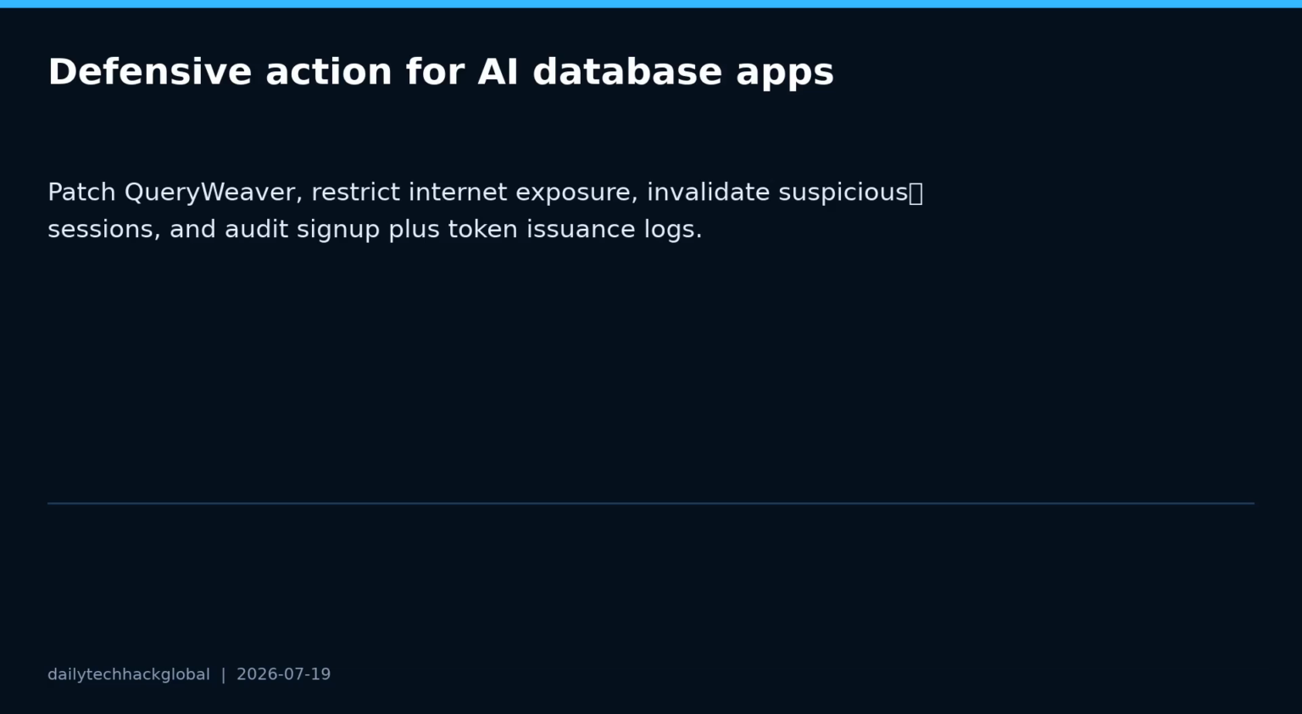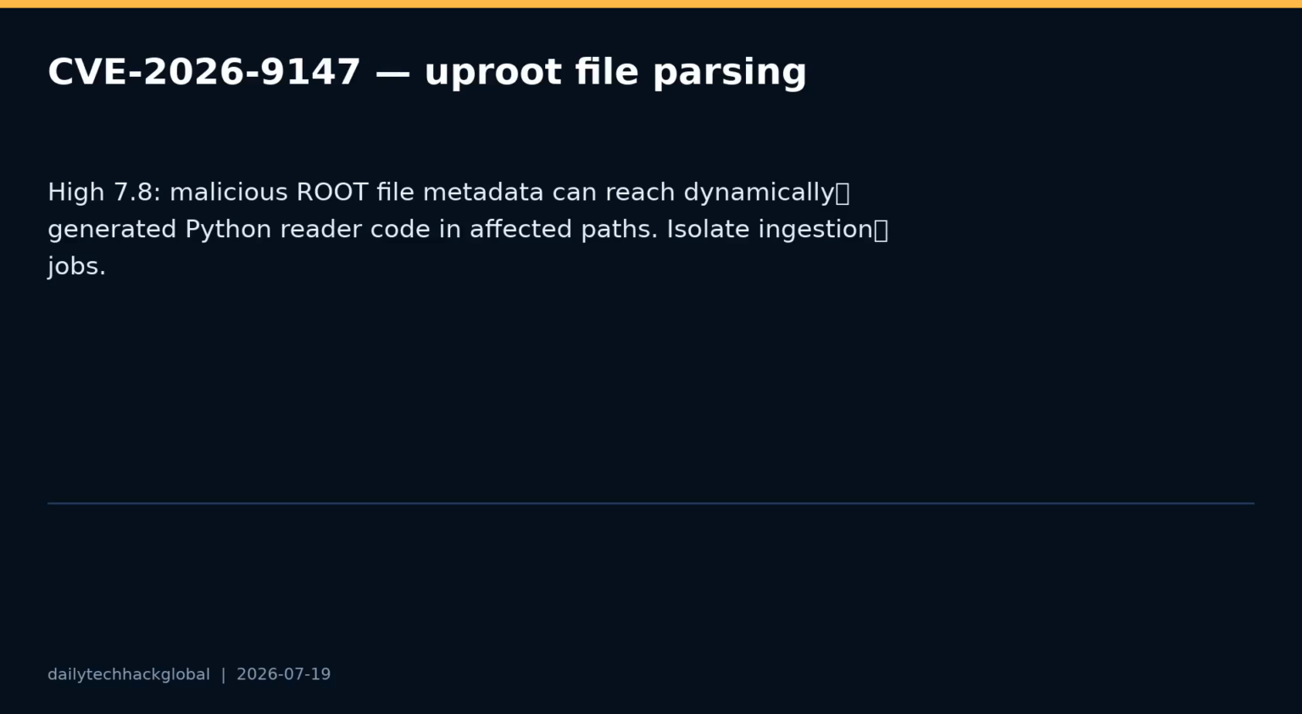Limit file system permissions, block unnecessary outbound network access from parsing workers, and monitor for unexpected child processes after file imports. If a pipeline recently handled untrusted ROOT files, preserve job logs and artifact hashes before cleanup. The goal is to turn a potential parser compromise into a contained worker incident rather than a developer laptop or production credential problem. Third, CVE